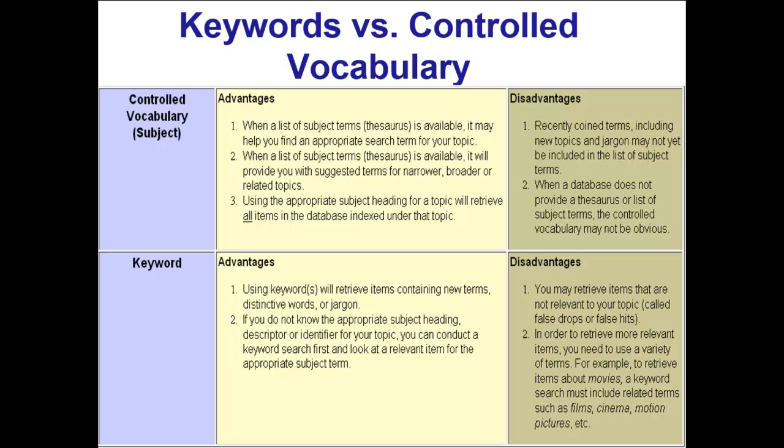So in order to retrieve more relevant terms, you need to use a variety of terms. So for example, to retrieve items about movies, keyword search might also want to include related terms such as motion pictures, cinema, films, and so forth. Just as we said that you might want to have overweight in addition to obesity, or maybe fat and overweight in addition to obesity,